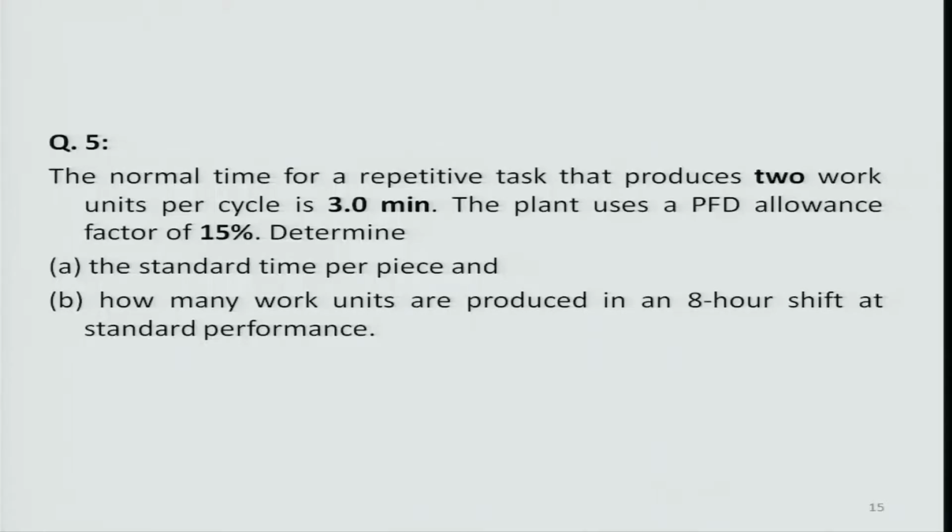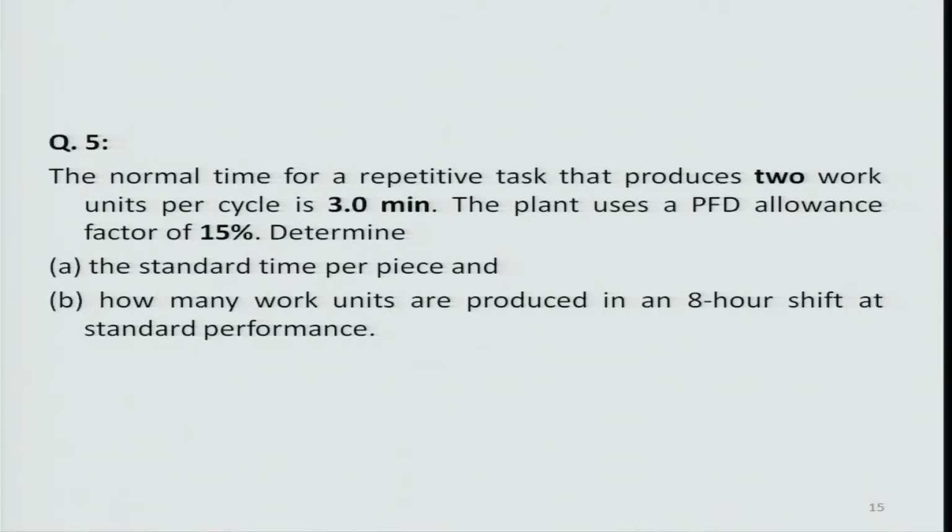There are two types of cycle time: manual cycle time and machining cycle time. In this module, I am focusing on the cycle time analysis on manual work. Now, the fifth problem. The problem statement is as follows: the normal time for a repetitive task that produces 2 work units per cycle is 3 minutes. That means the normal time is 3 minutes for 2 work units, and the plant uses a PFD allowance factor of 15%. Determine the standard time per piece and how many work units are produced in an 8-hour shift at